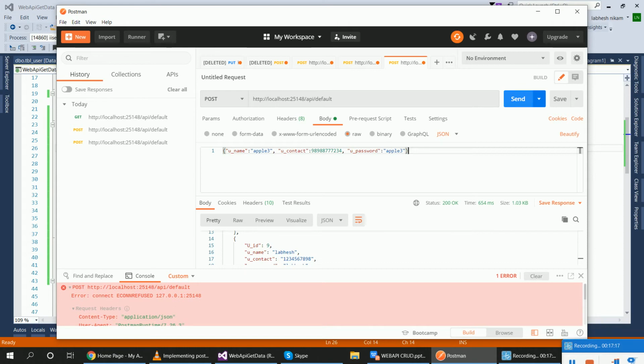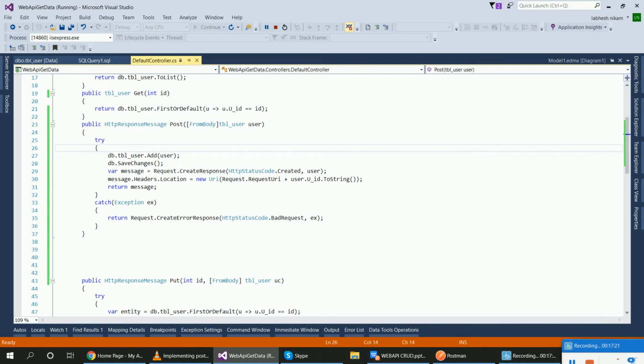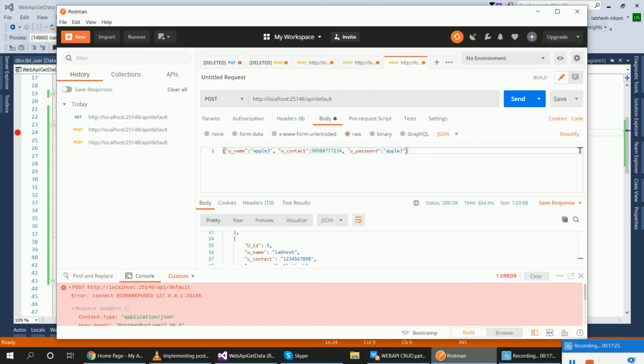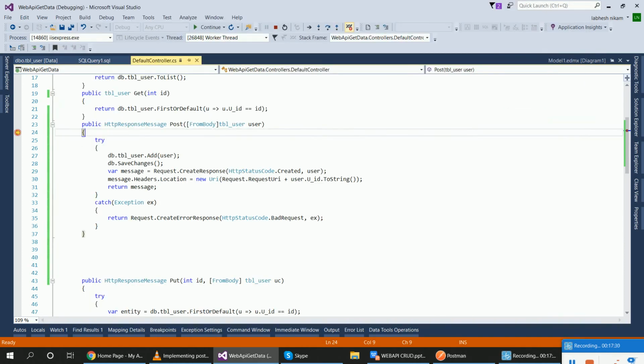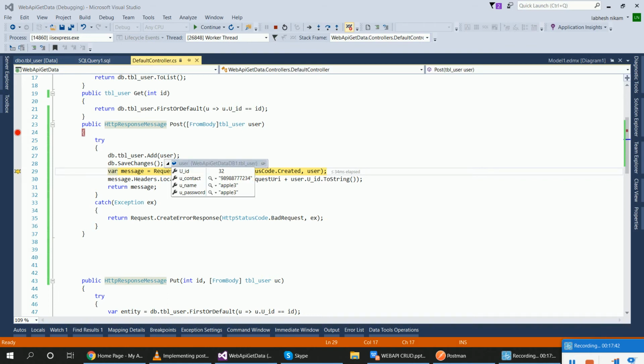Okay, now check. I will put a breakpoint here so I can find where the problem is. Click on send. Okay, does the user have data or not? Yes, there is data, but UID is 0. If I go inside this user, yes, the user ID is available, so my data will be saved. F10.